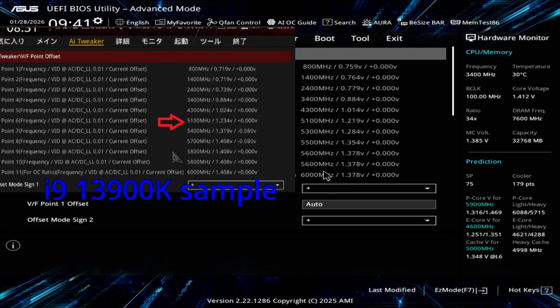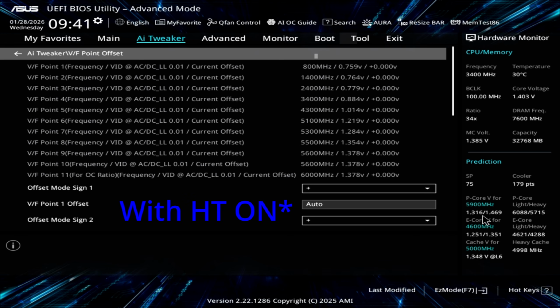If I compare to a 9300, 900K, some are better, some are worse. I saw a 99 with 123 here, going to 6 at 141. So I know this CPU, just by comparing, can go to 6 at 114. And the voltage is scaling hard when you go high. This is the prediction for 5.9 here, but we will try to be under it. This is gonna be hard.